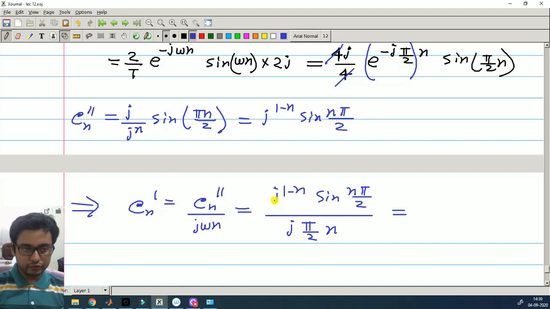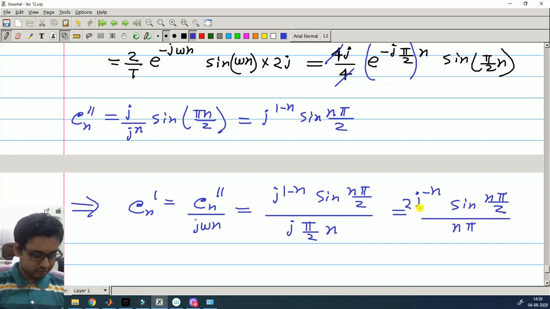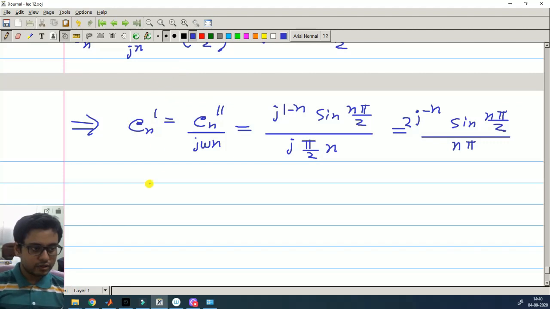So we will have j to the power minus n, then sine n pi by 2 divided by n pi, and these two we can put above. Now this is equal to 2 j to the power minus n divided by n pi